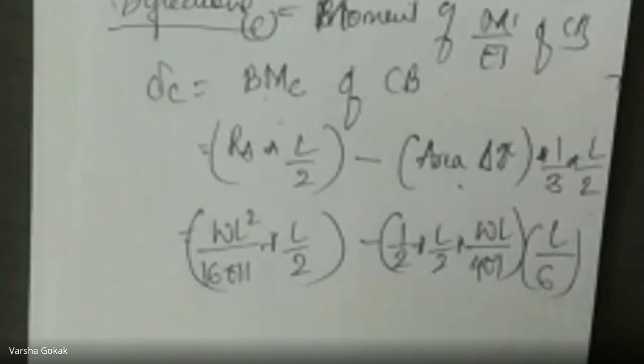You have to simplify this. This becomes WL cube by 16 into 2, 32 EI, minus this, which is also WL cube by something. On simplifying this, we get the deflection value, that is delta C or YC equal to